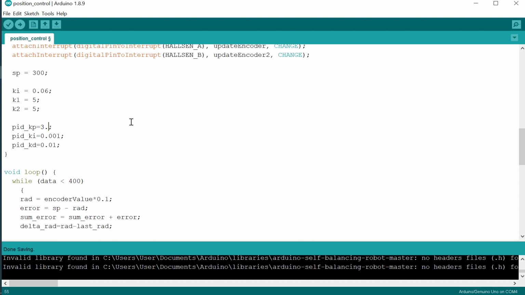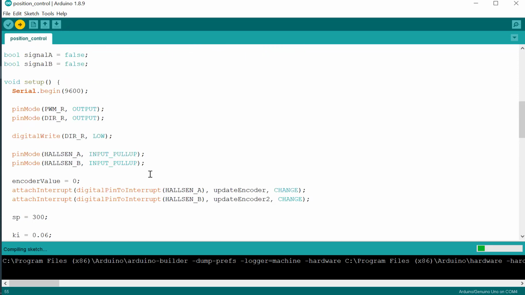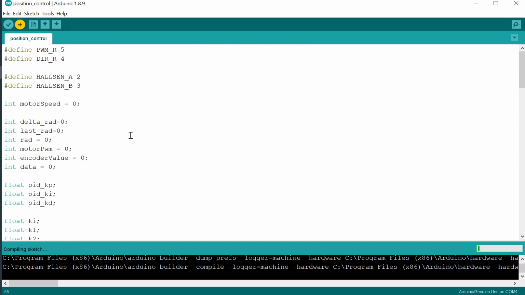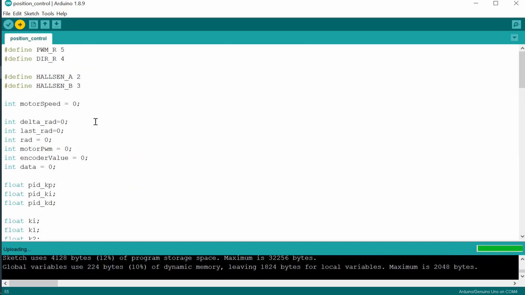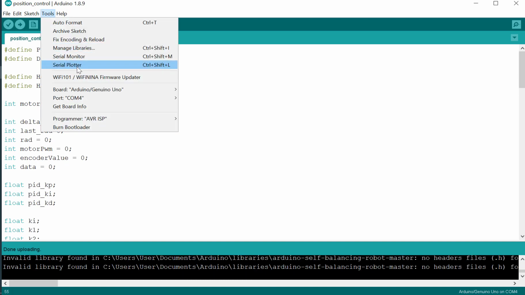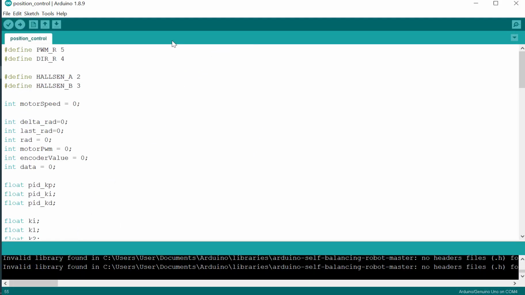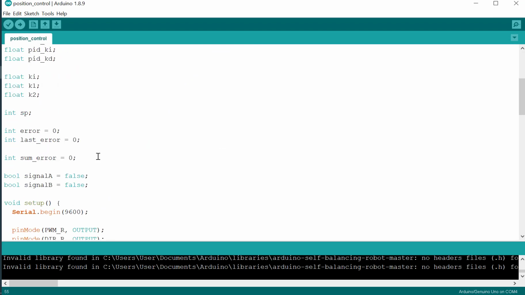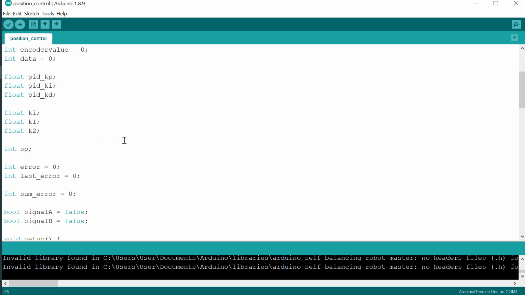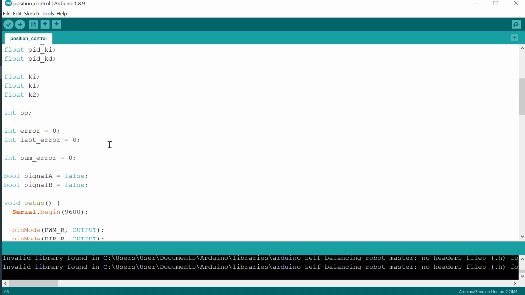So if you want to try the experiment, you can write this code in your Arduino IDE. Okay, I will show you the code here. Please write it down on your computer or your laptop.